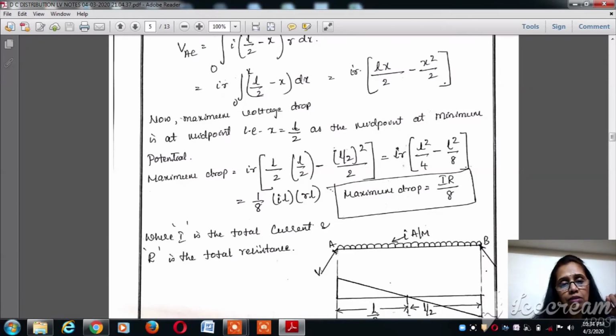We can expect the minimum point of potential and maximum drop at the length L divided by 2. IR into L divided by 2 into L by 2, because in the expression Lx divided by 2, x is L divided by 2, and L divided by 2 into L divided by 2 minus x, with x again L divided by 2, whole square divided by 2. Simplify this equation, and we get the maximum drop equal to IR L square divided by 8. We need to remember this equation because when we